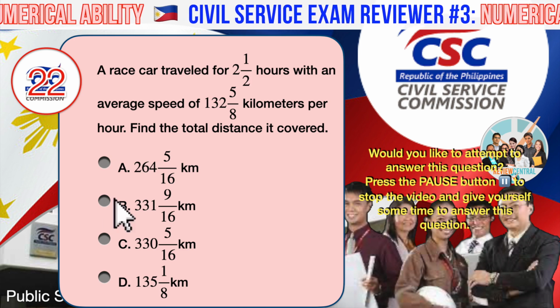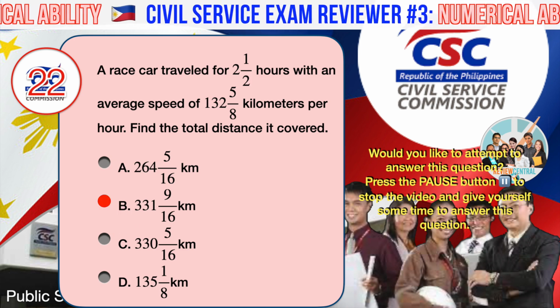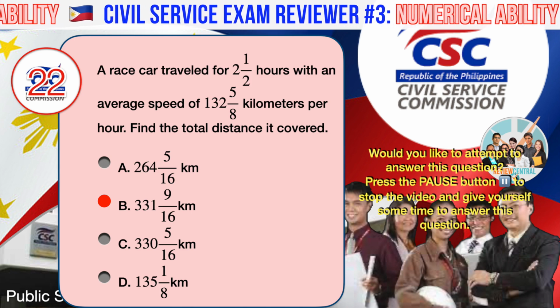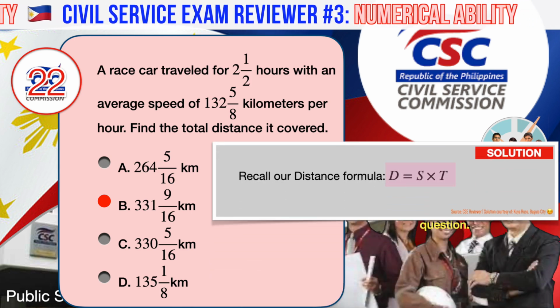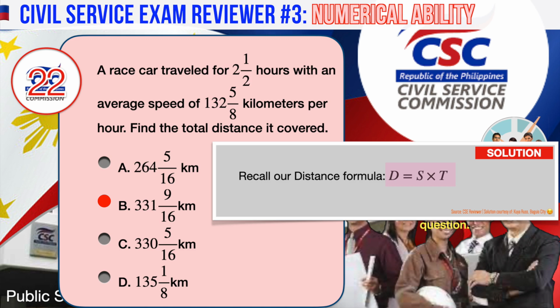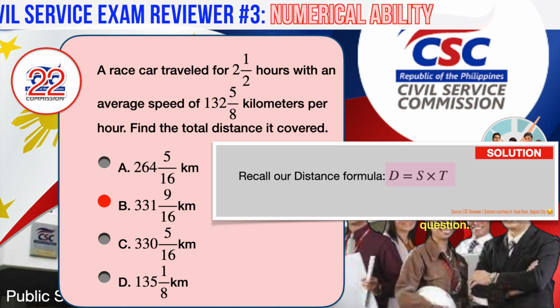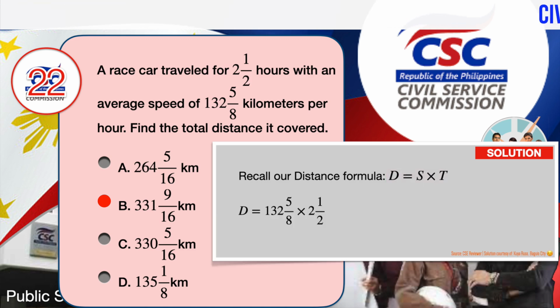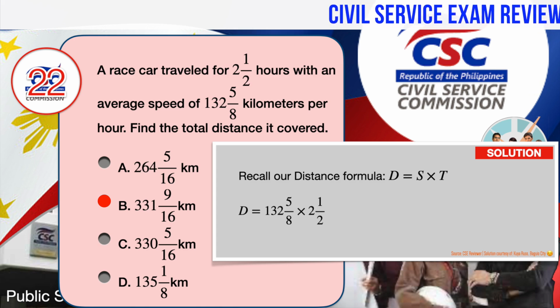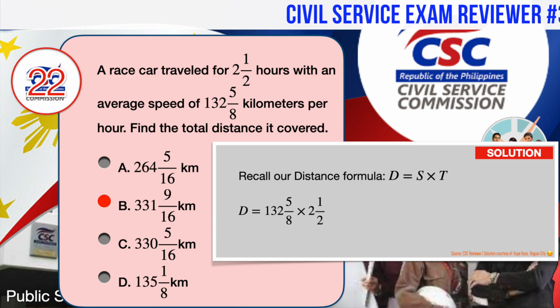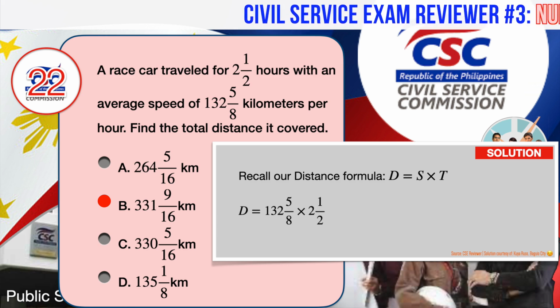The correct answer is B. 331 9/16 kilometers. Recall our distance formula, given speed and time. Distance d equals speed s times time t. This is a simple distance problem where we are to simply plug in the given values of speed and time. What complicates it a bit is that the values involve mixed numbers. Since the use of calculators is probably not allowed in your exam, we propose to solve these as mixed numbers